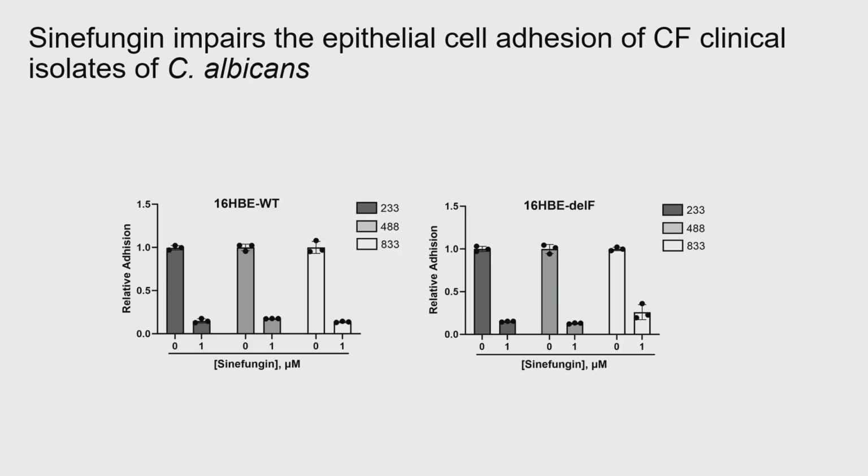So everything so far has been done with SC5314, which is a standard strain of Candida. Then the CF Virus Repository Center at Emory was kind enough to isolate Candida species from sputum of 3 patients, which we call 233, 488, and 833. And we see that sinafungin has the same effect on those. Those bind to wild type or CF cell lines, and when you add sinafungin, that adhesion goes down